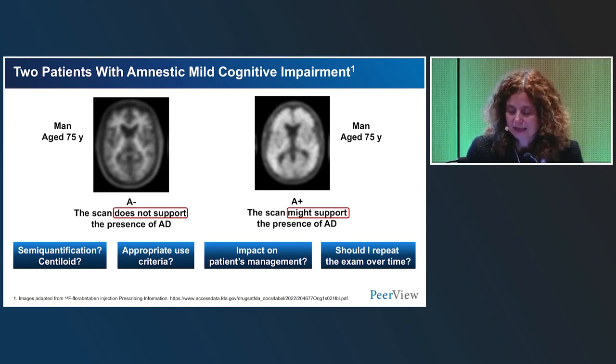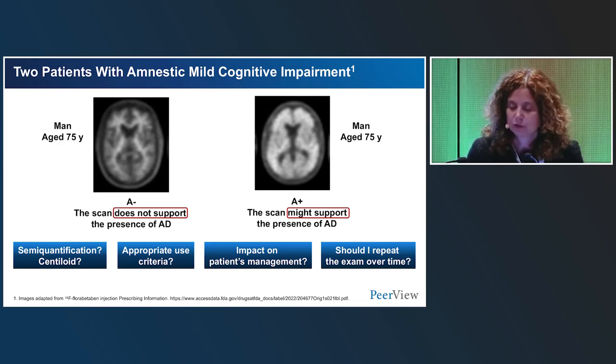I just would like to highlight that, given the huge body of literature that is now available regarding the clinical use of amyloid PET, just this small information that we have about the patient allows us to define which kind of patients are typically candidates to amyloid PET, the concept of age, to which I will come back in a minute, as well as that in presence of a negative scan, due to the high negative predictive value, the wording is the scan does not support the presence of Alzheimer's disease, because there's no Alzheimer's disease